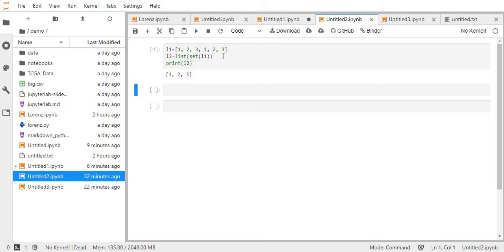For this we can create another list L2 equal to the set of L1, but this will cast our list to a set and remove all the duplicates, but it's still a set. So now we can simply cast this set to a list again by wrapping that result within a list, just like we have done here.